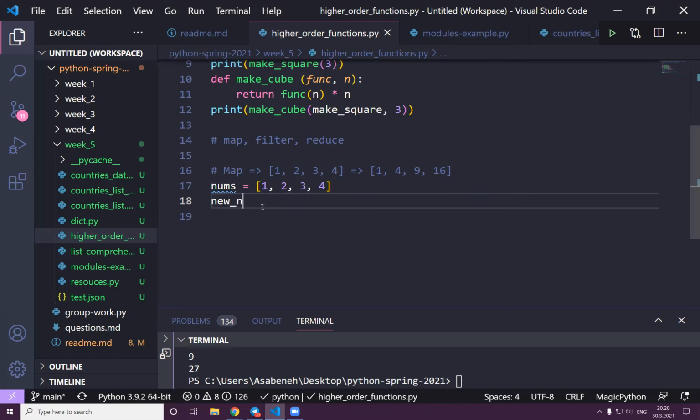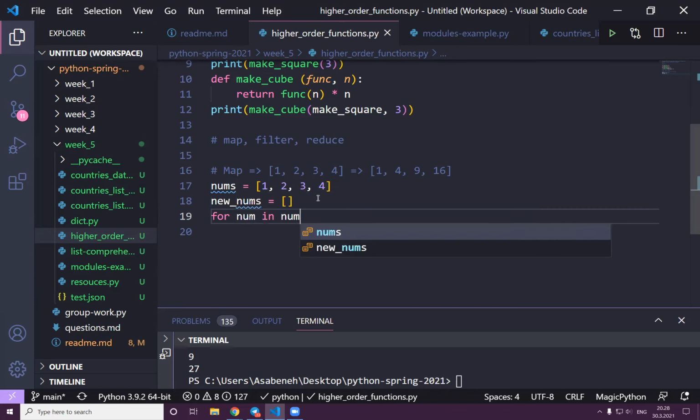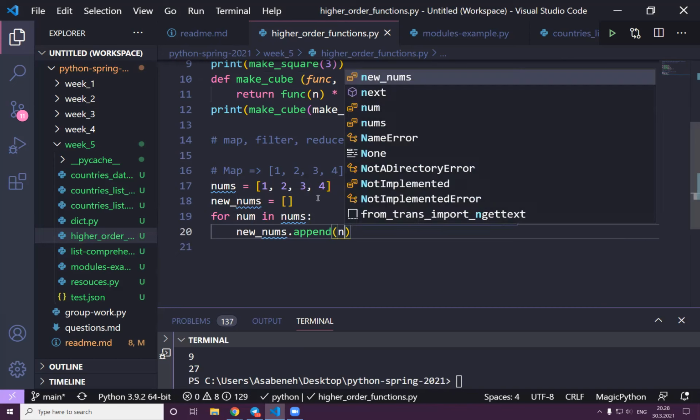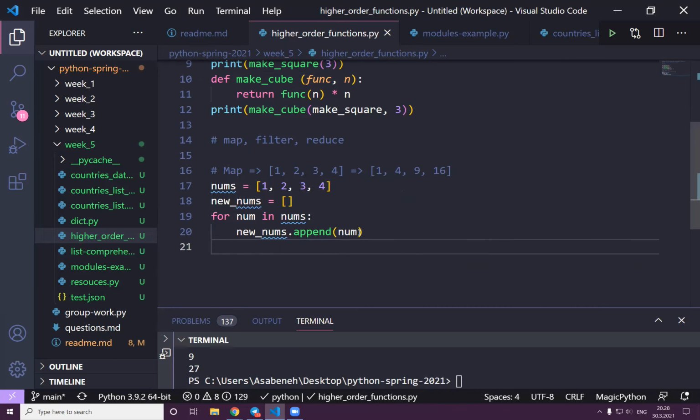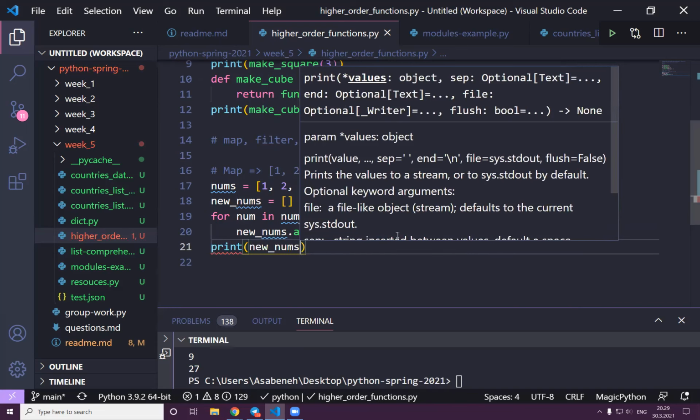So new nums is empty, then for num in nums, new nums append num. This is what you do, right? But I have to square them. Now, if you print new nums,